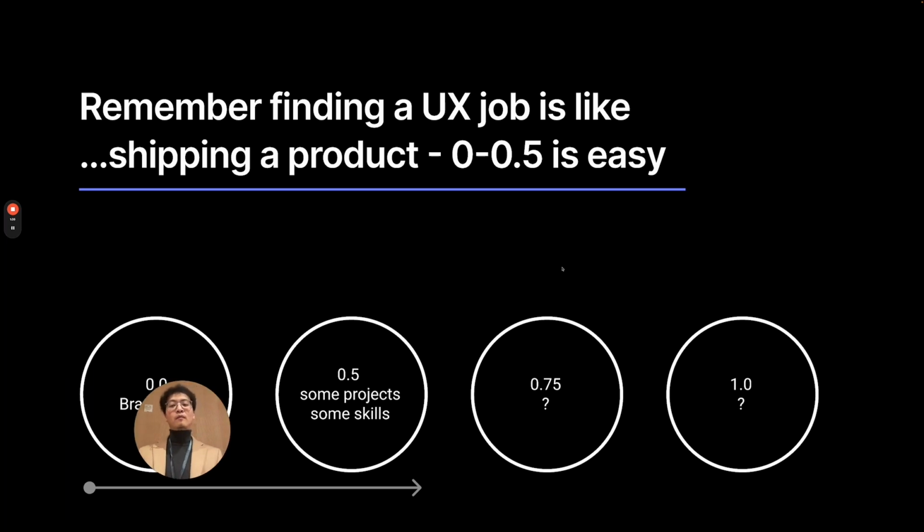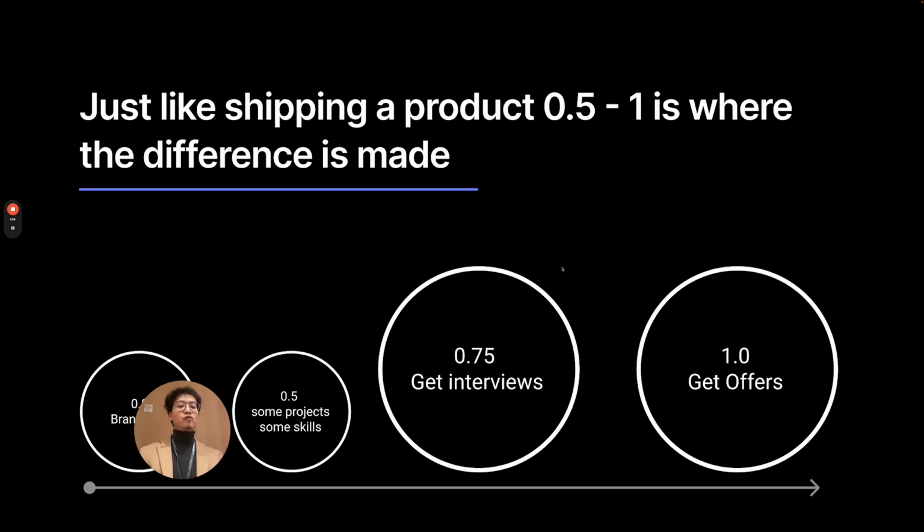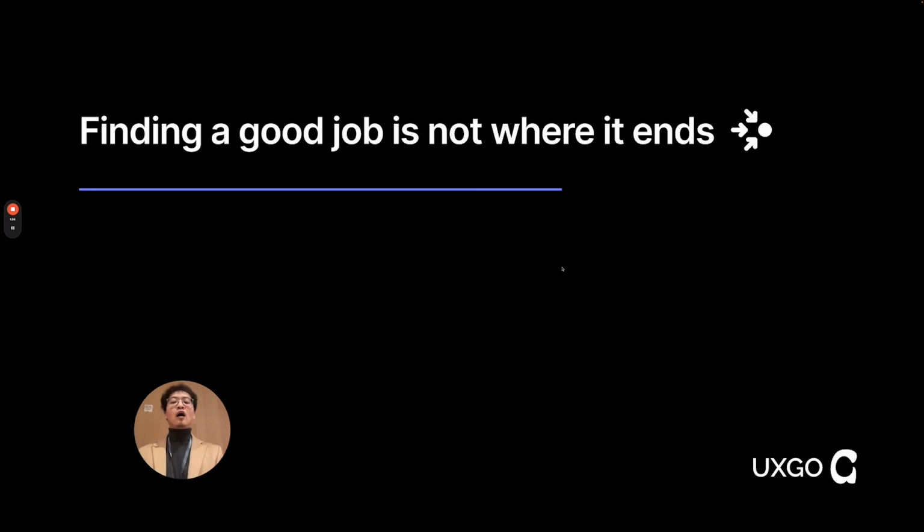And also remember, we talked about this a lot of times, it does get more and more difficult when you get deeper into prepping for your first job, right? Because 0 to 0.5 is that easy path. I would argue everyone here has already walked this journey. So as you go through those last 2 parts, trust the process, right? You're not going to say, I'm going to apply to one job and that job gives me an interview and then I get that offer. That's a bad mindset to have, right? So it doesn't matter how strong of a designer you are, or how strong you think your work is, really emphasize this last part and then just go out there, make that difference.